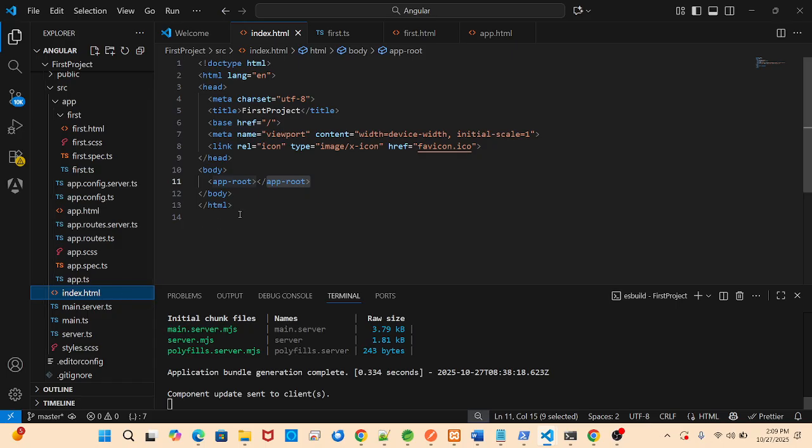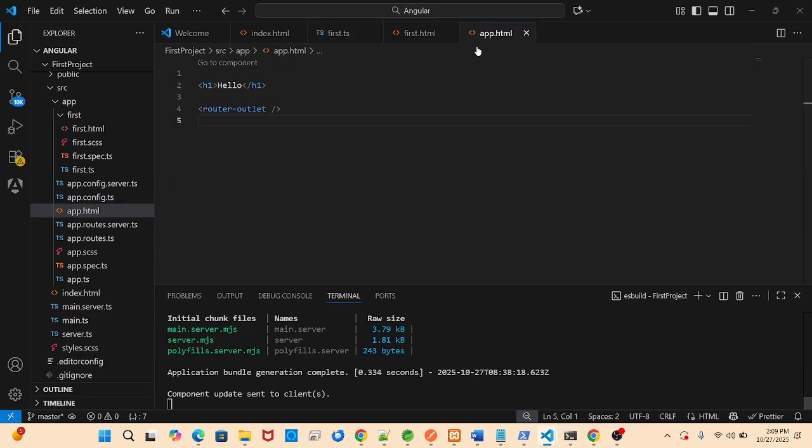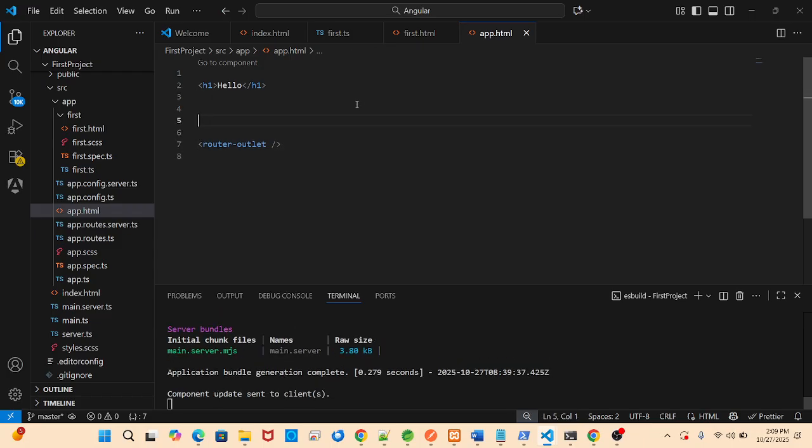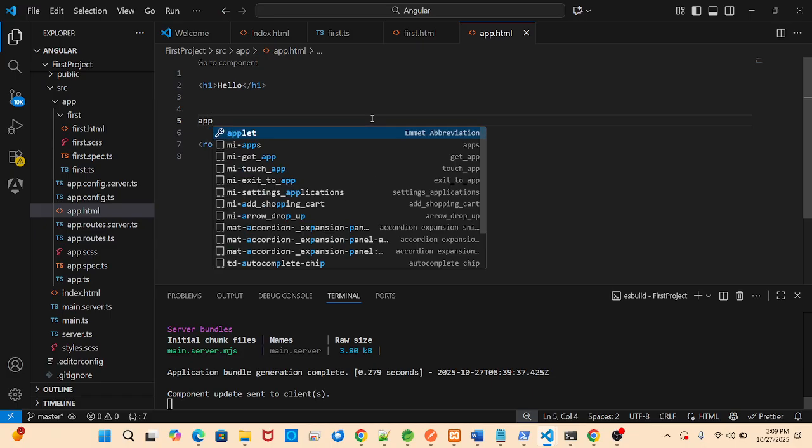So index.html renders your root component, and when I call the root component, the root component should call your child components. How will I get the child component? For that I need to come into app.html and register that page. It will ask for the selector name. What was the selector name for the child? Just check it in the TS file. This app-first. If you write it over there,